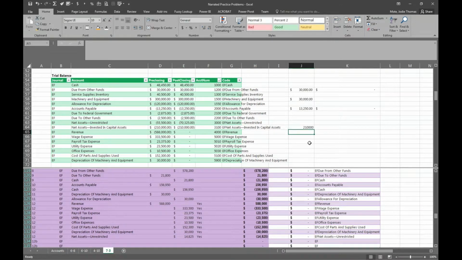Then all you're doing is reflecting any changes to capital asset related accounts. That's going to be new purchases, a new debt associated with capital assets,